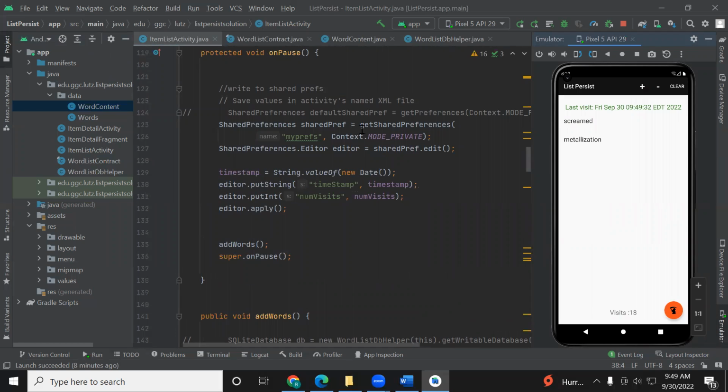In onPause, we are getting shared preferences named myPrefs, context mode private, and we are getting the editor and timestamp string.valueOf new Date. So we get the current date, and we put the timestamp in the timestamp variable and put int numVisits. Editor.apply. That will save the value to shared preferences. So timestamp and numVisits